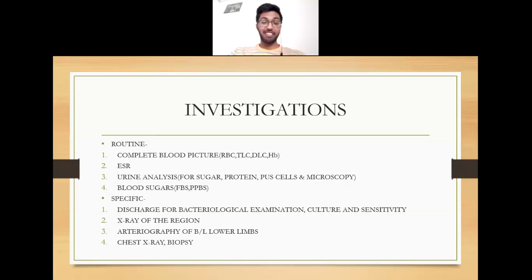So why I asked this question? Because most of the PGs also I have asked, and they all are in the same boat. This is exactly the wrong way of taking the wound swab for culture and sensitivity. For a good swab to be taken, the wound should be washed with saline so that no residual pus is there. You know by this time what is pus? It is all dead cells and dead organisms.